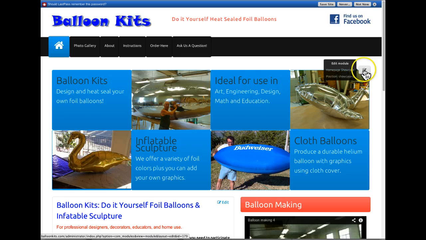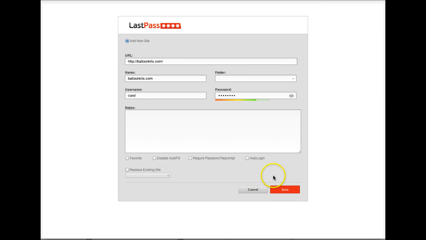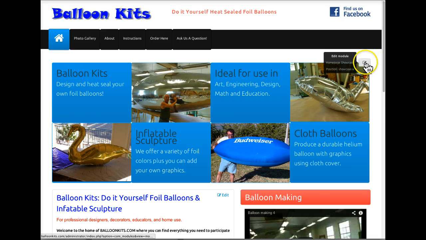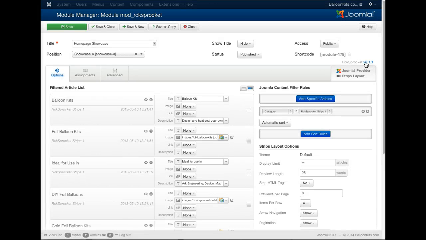You'll see this little pencil, and this allows you to edit things a little more easily. I'm just going to add this in here. You might want to edit this module from the front end. It's a little trickier, but let's just see what happens when you click on it. Okay, this is pretty cool. I usually don't edit from the front end, but